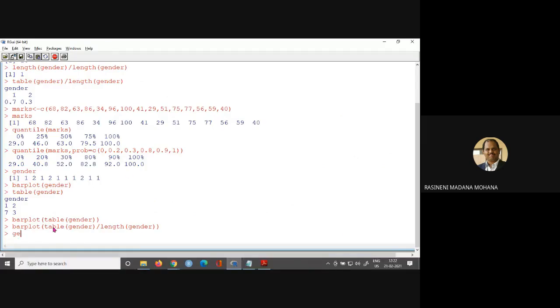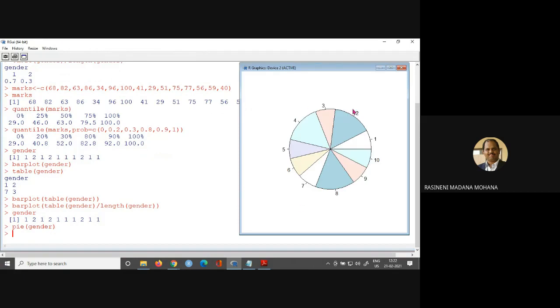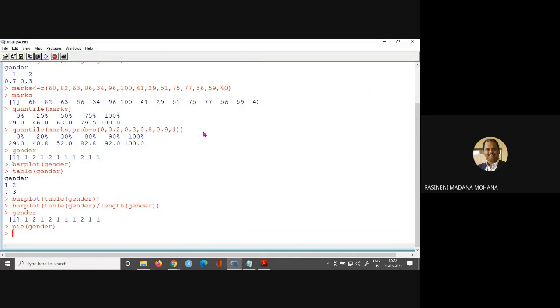Now you can call the gender vector. Simply you can use the pie command, pie of gender, the vector. So now you can see this is the pie chart for the vector gender. Then pie of table of gender, this is the absolute frequency.